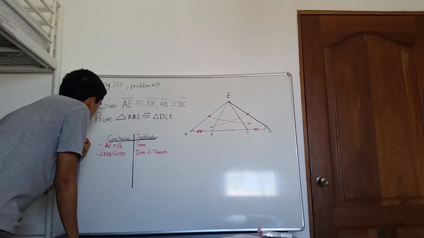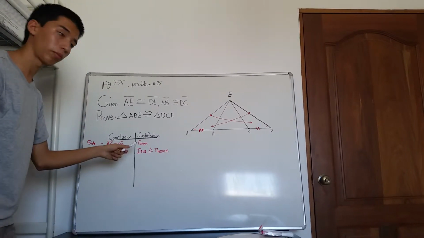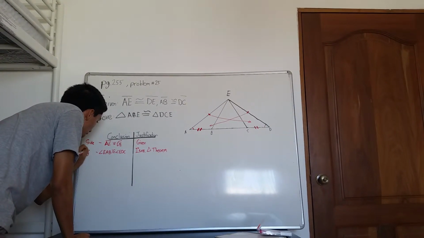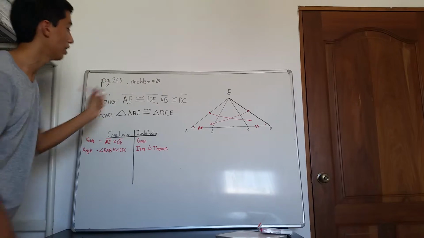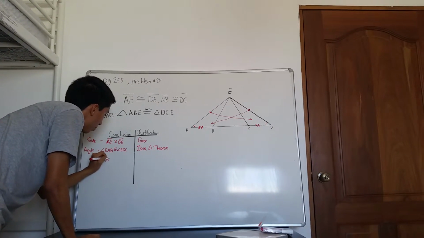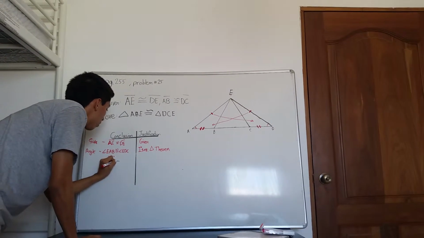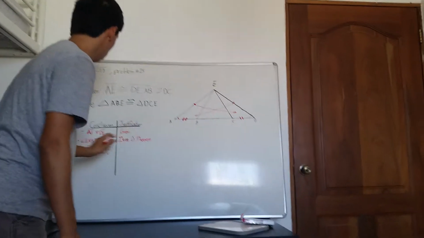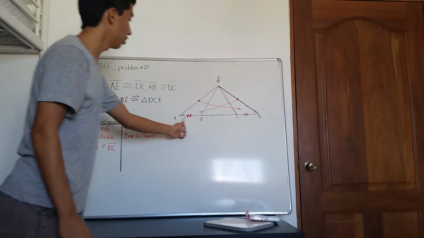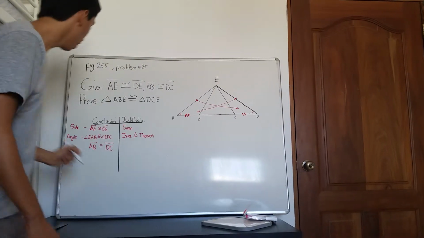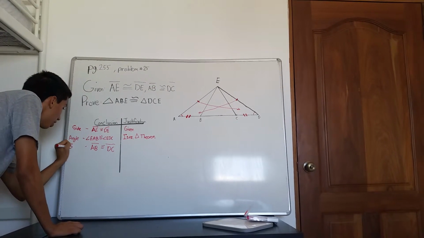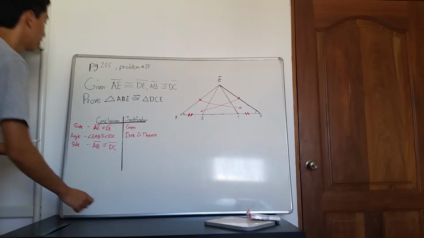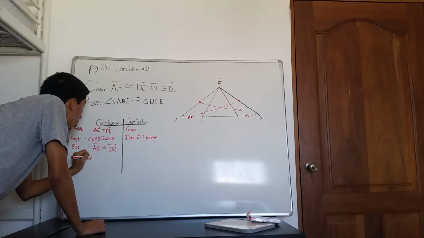You can write what you have. So you have a side here. That gave you a side. This gives you the angle. And so I need the other side, which in this case is given. So AB is congruent to DC. That is, my bad, that is this. Same as that. That's your other side. So then clearly you can see here, side, angle, side. So you can say that triangle A